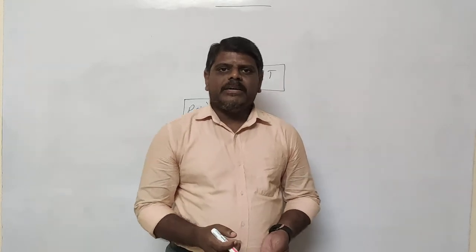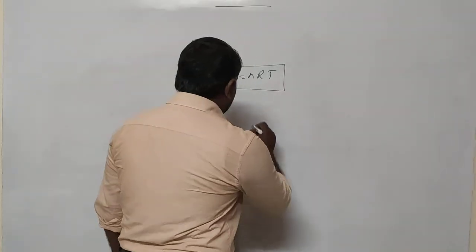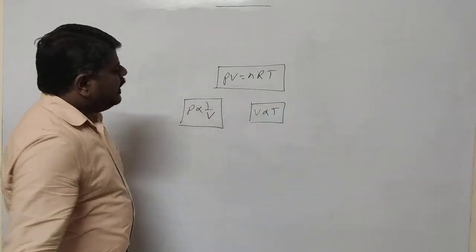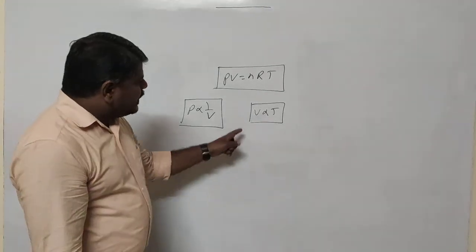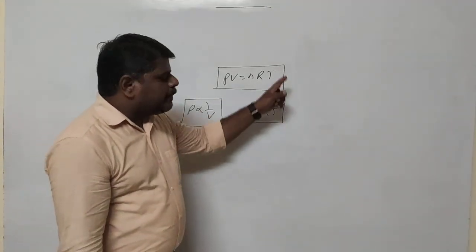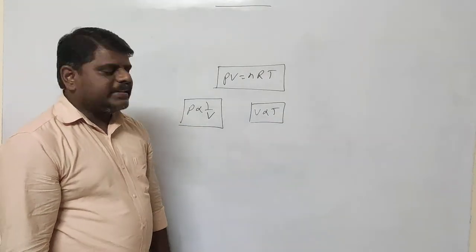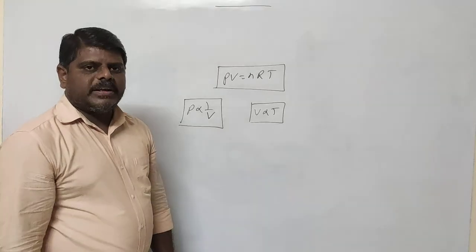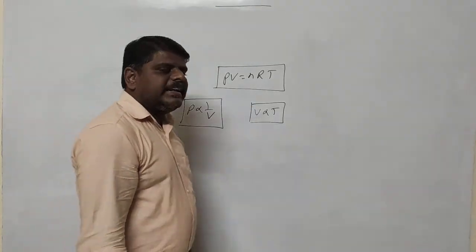How can you give the statement? At constant pressure, the volume of the gas is directly proportional to absolute temperature. V is proportional to T. Okay, V is proportional to T. Volume is directly proportional to temperature. What does that mean? If the volume increases, temperature increases. Volume decreases, temperature also decreases. Okay, this is Boyle's law and this is the Charles constant pressure law we are going to use. These two laws we are going to use to derive the ideal gas equation.